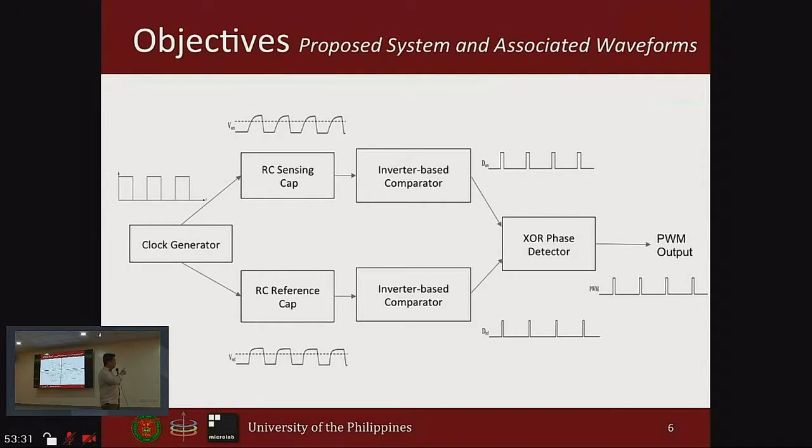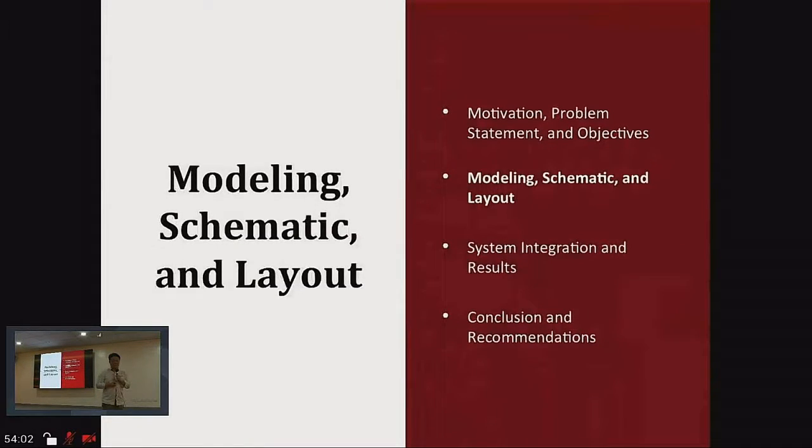sensing cap that was used in this particular application. And to be able to generate the PWM, the pulse width output, you pass the output of the upper branch and the lower branch to an XOR phase detector, able to come up with the difference in the pulse. So, in terms of what the student did was use MATLAB